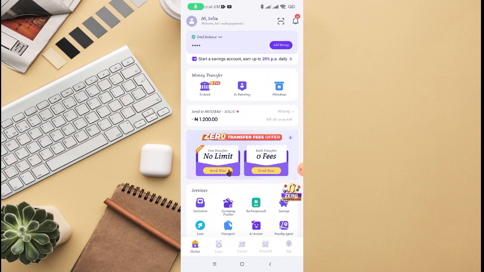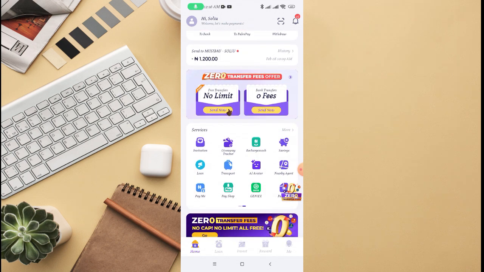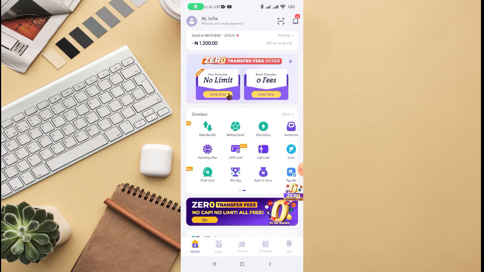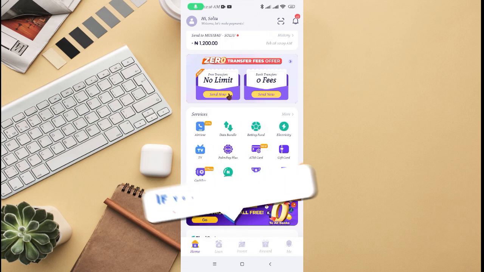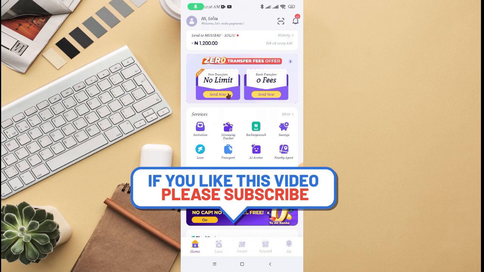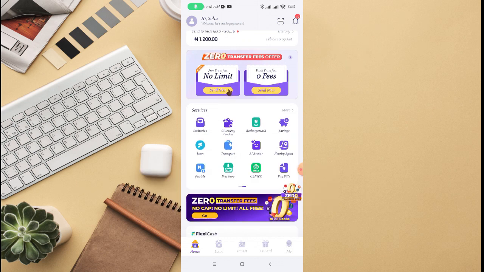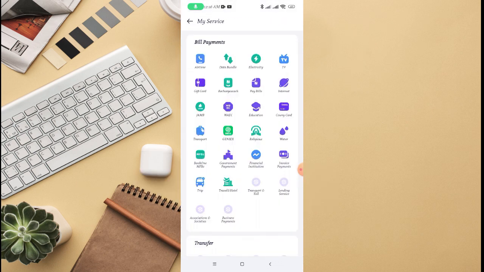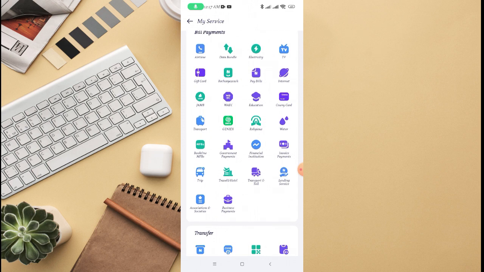All you need to do is log into your Palmpay app. Then on this page, you see all these services. Just swipe to the left side and you see all the services, or you can click on more options so you can see all the services listed. Just find where you see agent near me. You can see there are a lot of options right there. So just scroll down, then you're gonna see